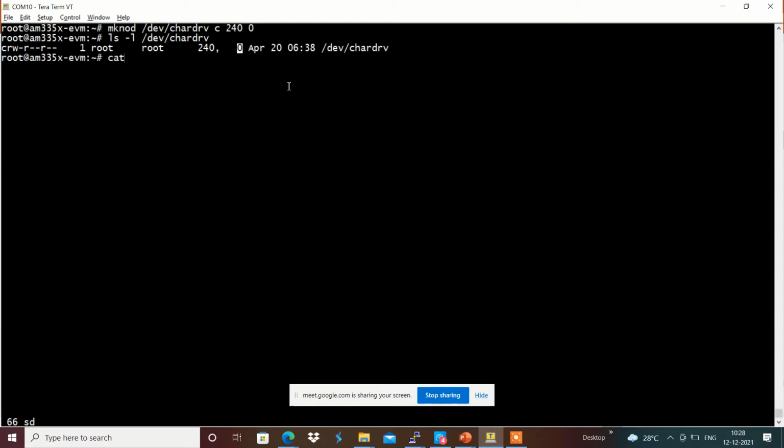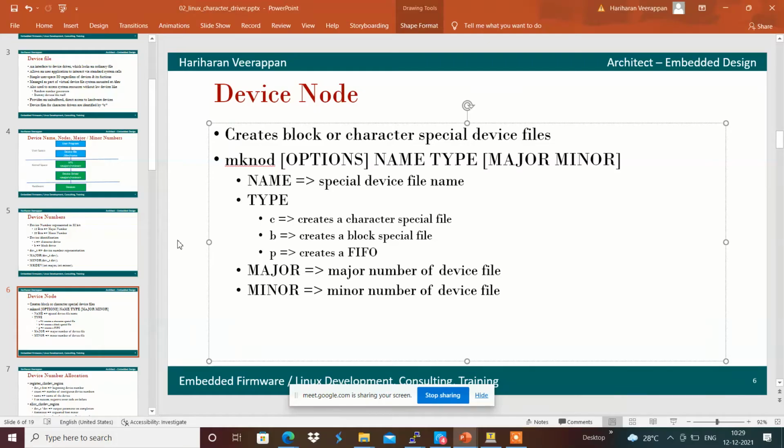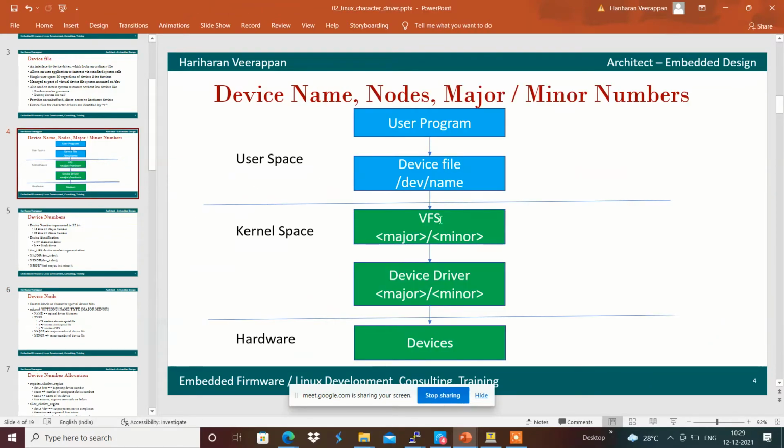And if we try to access /dev/character_driver, I am going to try cat on that one. It says no such device or address is present, since we just created this file, and for this file there should be a VFS and respective device driver mapping within the kernel space to get the access.